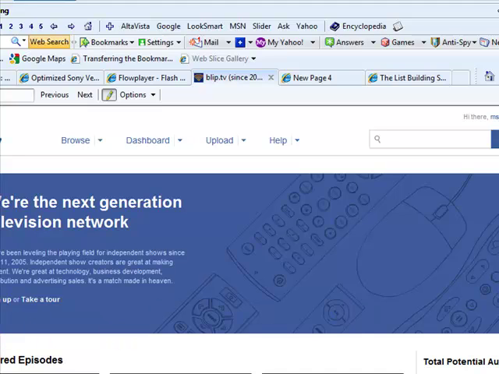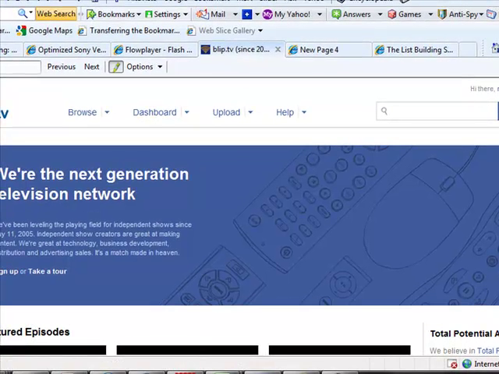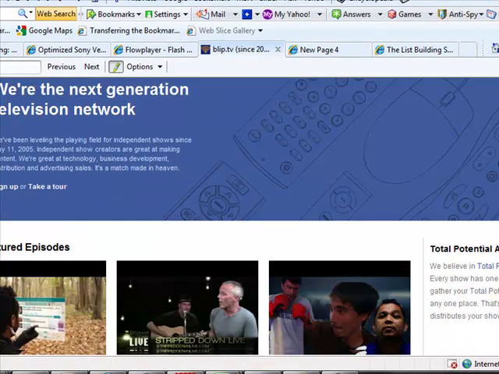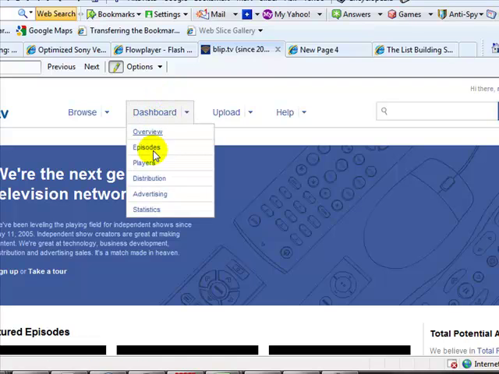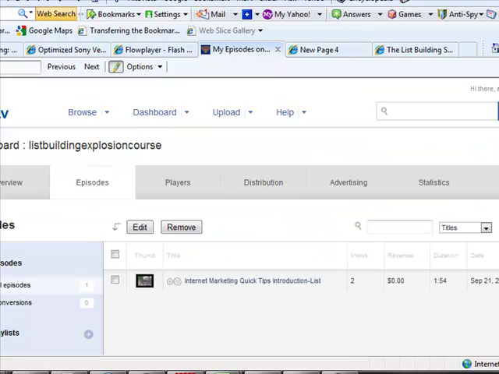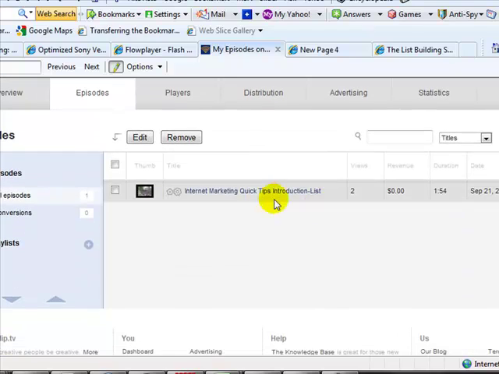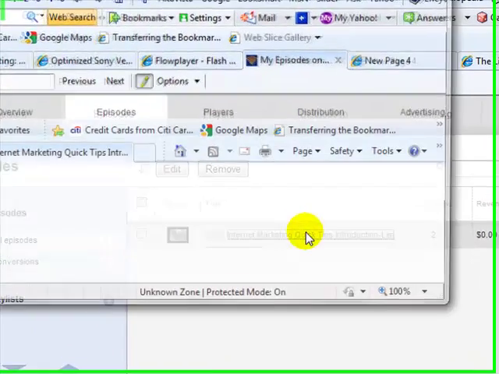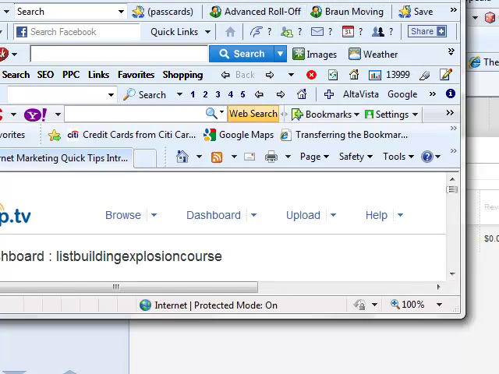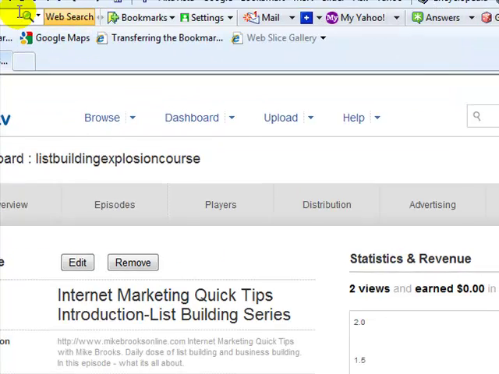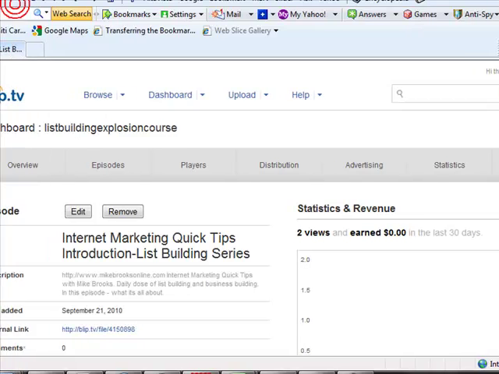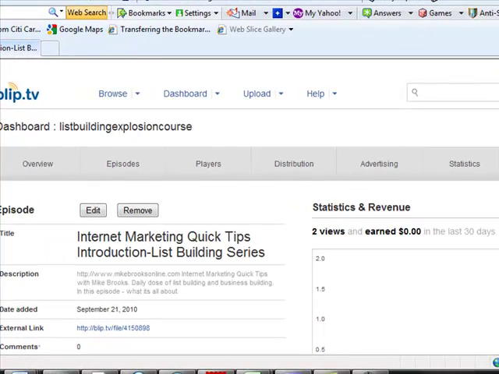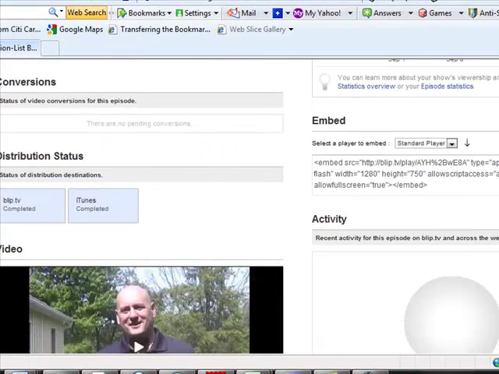That's blip.tv, and it'll convert it for you. So here is a video that I did. Let's go into my dashboard so that you can see it. I just go to my dashboard, hit episodes, and it brings up my little video here. I'm going to click on that, and it brings up another web page. So let's take a look. Here's the page where my video is. It's got a lot of information and detail about my video, but if I go all the way down to the bottom,